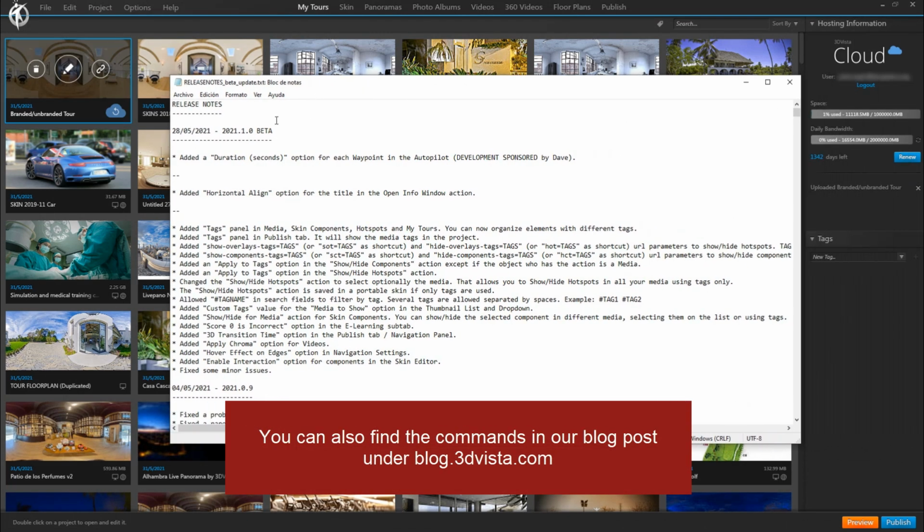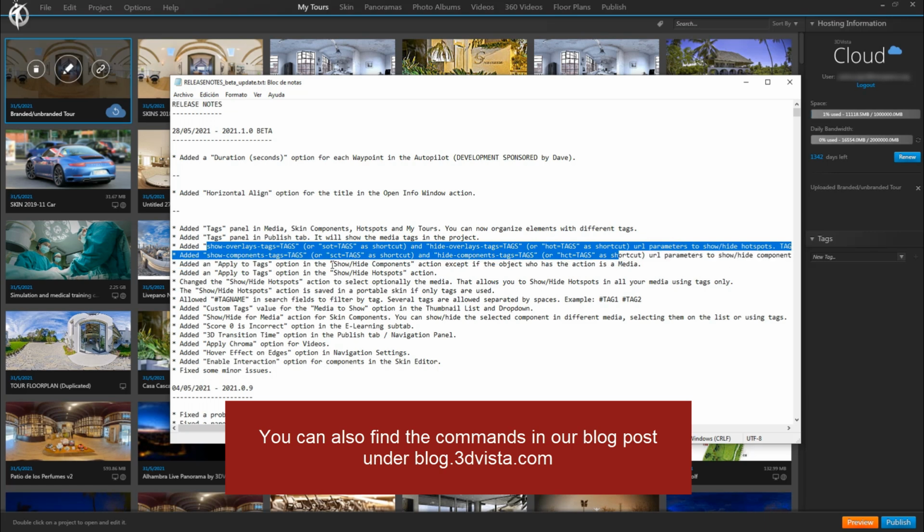And if you look for this update, you can find an explanation of this part. See? Show overlay, which would be for showing and hiding hotspots. And below that, the same thing, but for skin elements, which is what we are doing in our example.